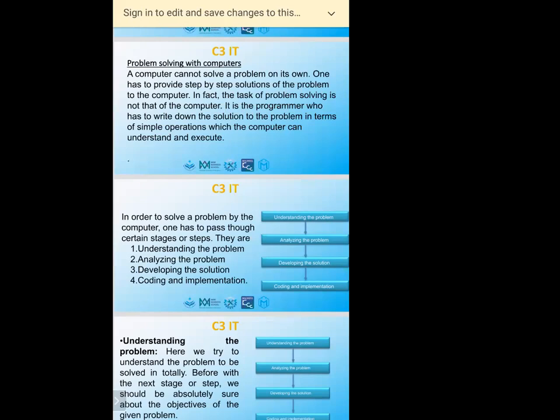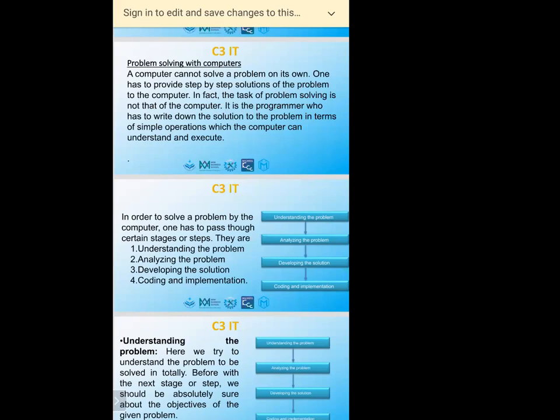Okay. So that means, for example, I want to computerize all the resort front office system. I want to computerize all the back office system. Means we have to write a separate program. If you write a separate program, then only we can use your computer. For the resort management software, some software we have to buy. So that is the problem solving solution.